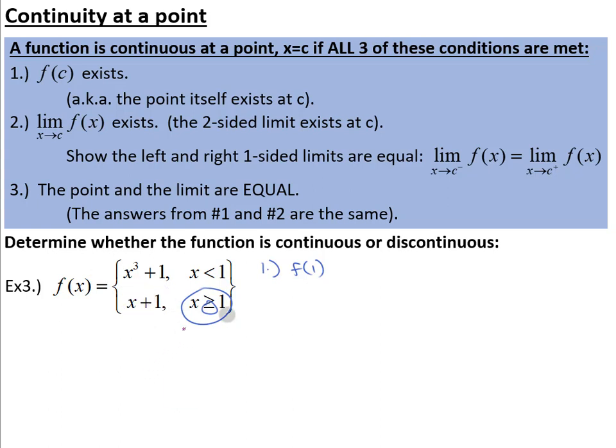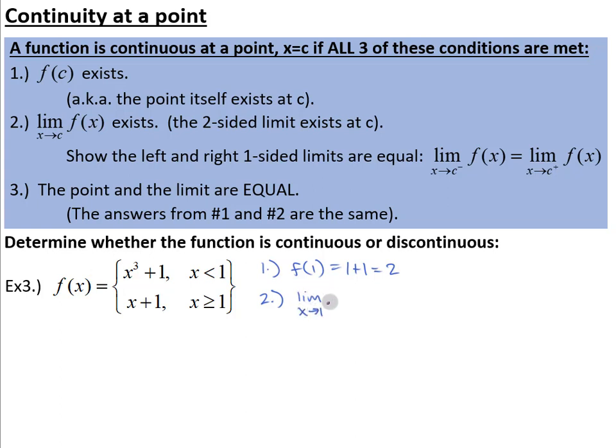So this is the one we need to plug into for our piecewise function. So we get 1 plus 1, which is 2. Okay, it definitely exists, right? We get a value back. So now 2, we need to show that the limit exists there. So we need to show the limit as x goes to 1